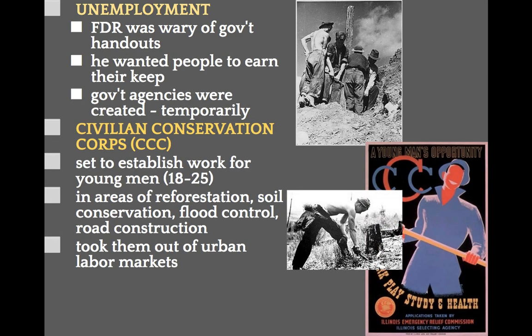Okay. Now, while FDR wanted to help the people, he did not want the people to become reliant on the government or just take the money and not really contribute anything. So remember, going back, FDR's policies are going to be twofold. You're going to provide some service to the people, to the land, but we're also going to create jobs. So one way he's going to do that is he creates the Civilian Conservation Corps.